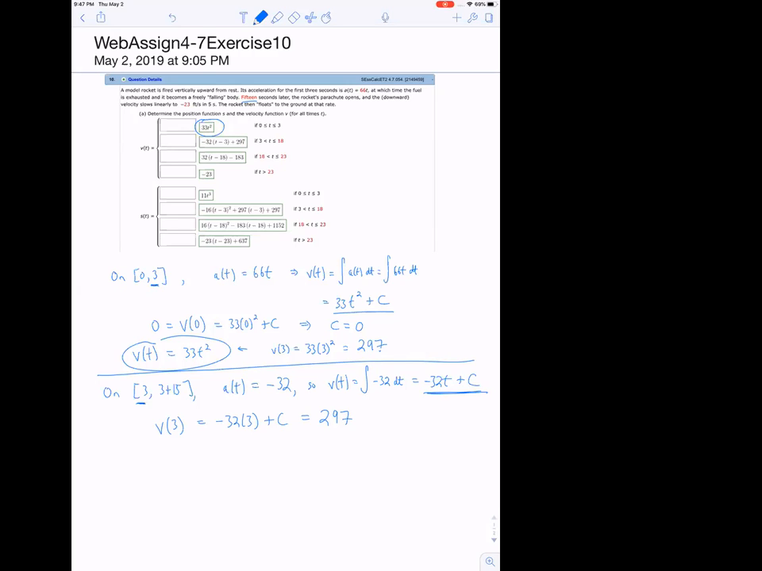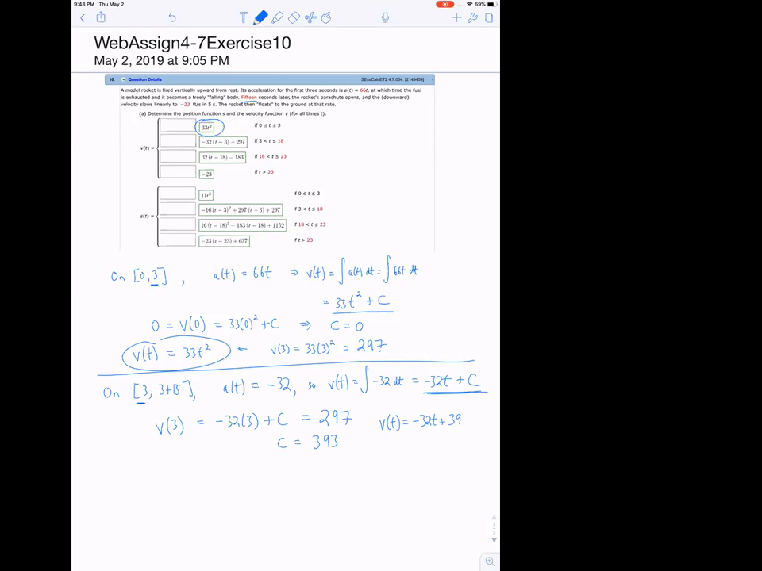So I guess we could calculate c from here. Again, I'll use the calculator. I'm going to take 297 and add to it 32 times 3. And I will find that c is supposed to be 393. So now we can update with a more accurate version of our velocity function. It's minus 32t plus, instead of some undetermined constant,